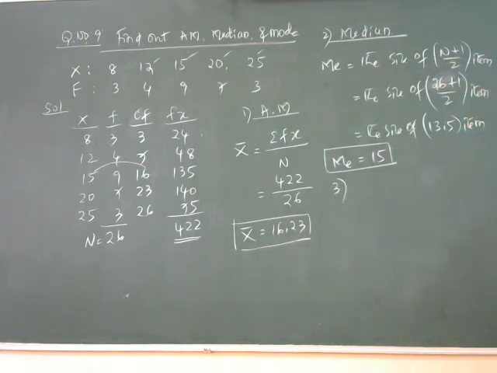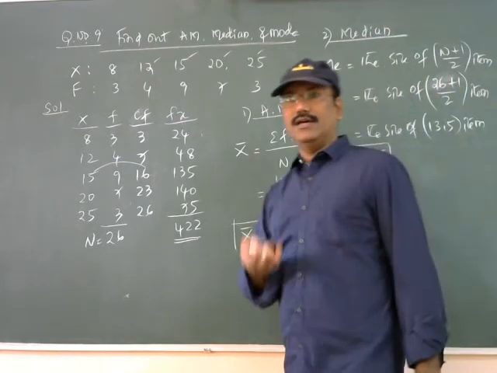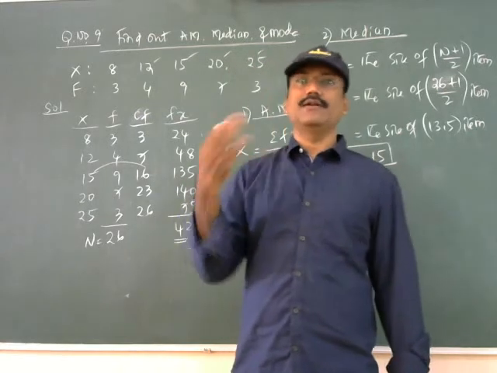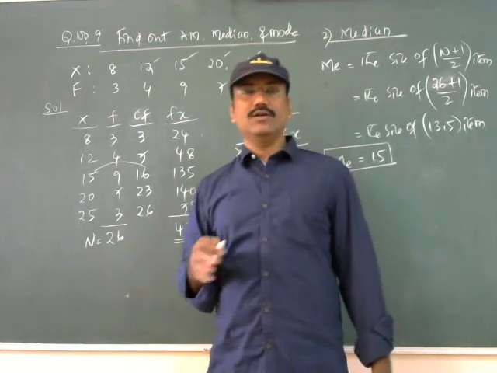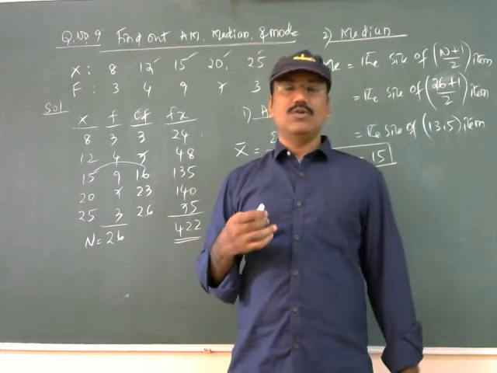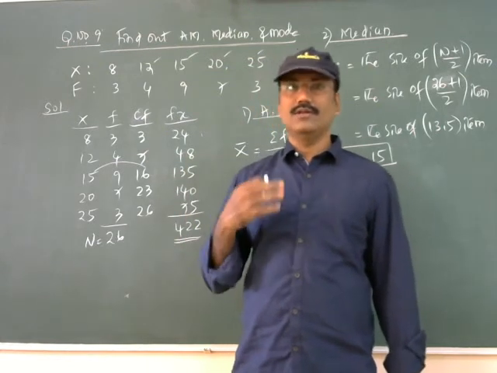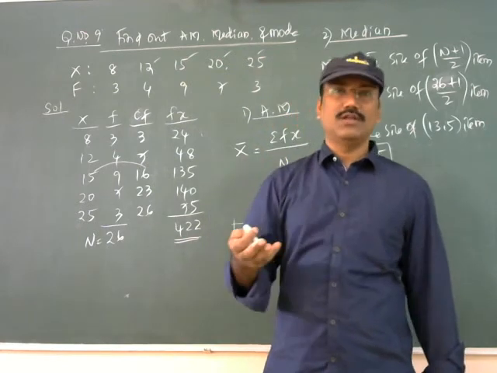Mode is the highest frequency variable. Is it possible to find that one, that type? As yesterday we saw the two problems, in those cases the highest number is repeated. Then it is not possible to find the mode. It is called mode is ill-defined. So we are using that 3 median minus 2 mean formula when the highest number occurs more than once.